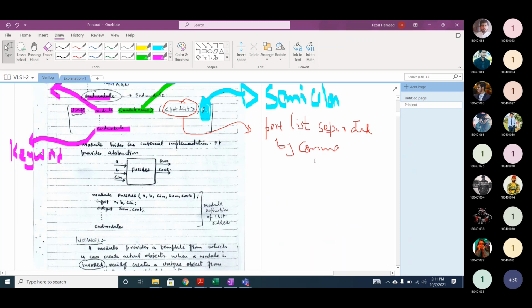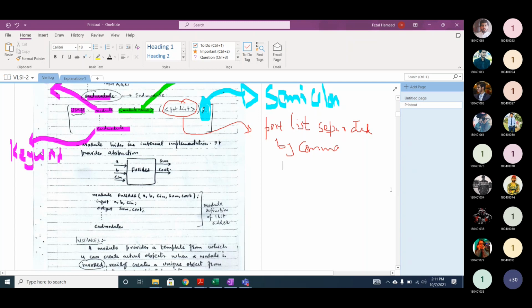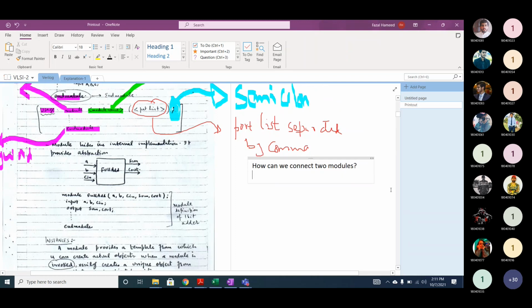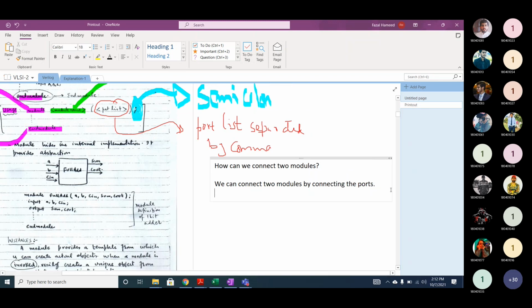No, it's not calling. We can connect two modules by connecting the ports, using input and output ports.